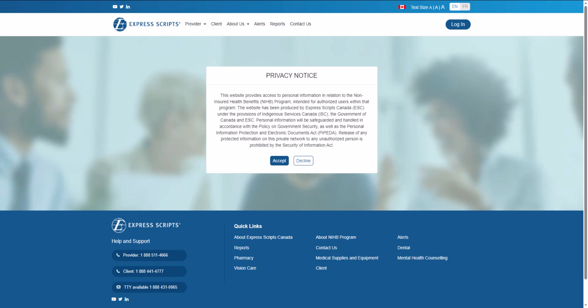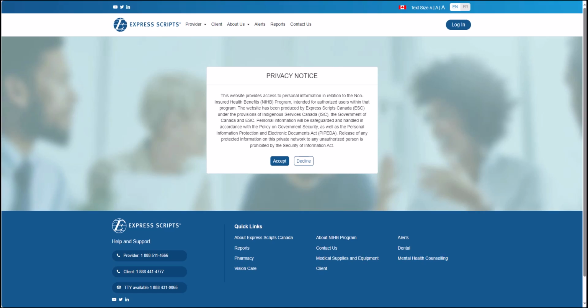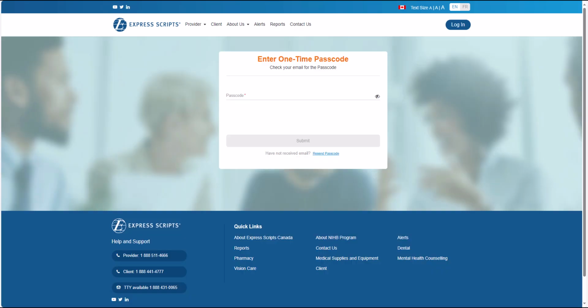If you accept, you will be taken to your profile. If you decline, you will not be able to access your profile and submit claims online. Instead, you will be redirected to the login page. Once you pass the privacy notice, you will be redirected to a web page where you are required to undergo